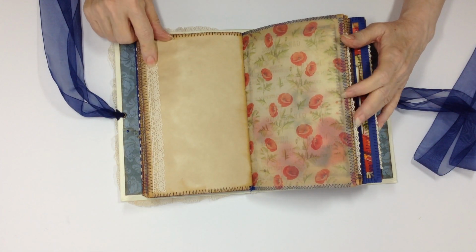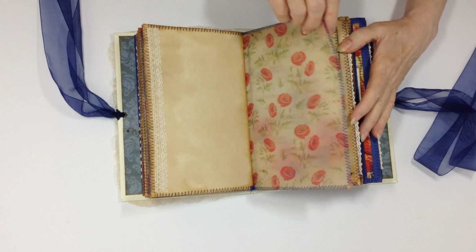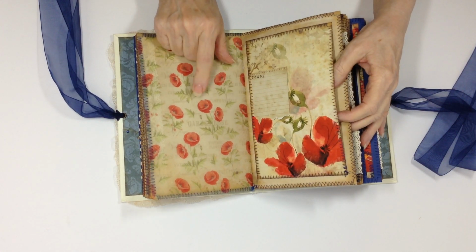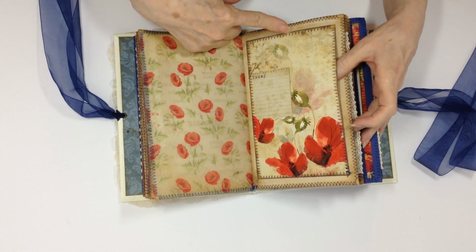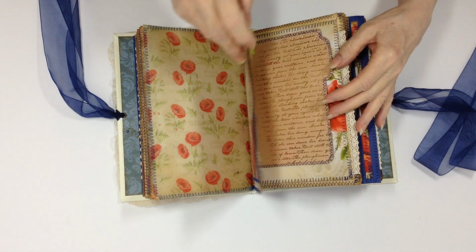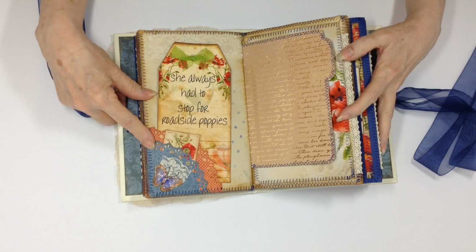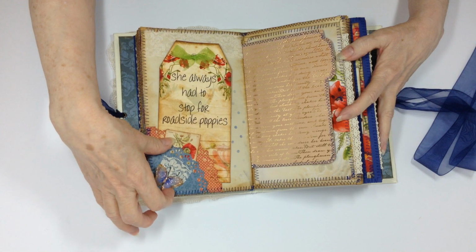And here's another space for writing. I've added trim lace, and the other side of the printed, can't think of what that is. You know what it is. And here is another one of the pages from Artie Mays, and I made it into a pocket. And there's the mini 8. I've done a 3.5 inch and a 3-inch square and made double pockets. I added a little 3-dimensional butterfly